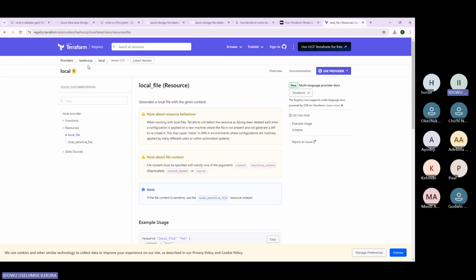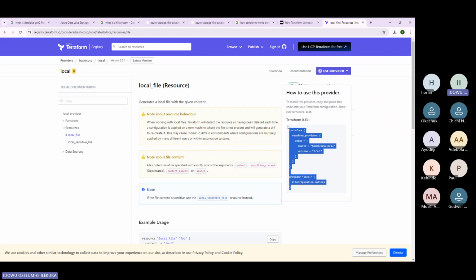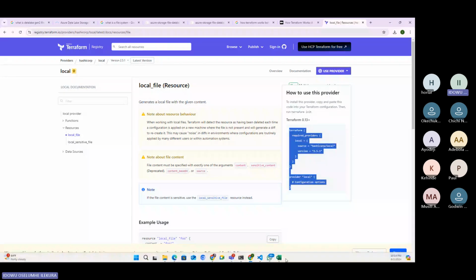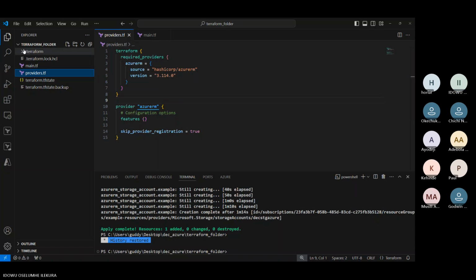We have different providers. HashiCorp local shows that this is from HashiCorp. You also have providers for Google Cloud and Azure, and for AWS too. If you want to use this provider, just come here and click on Terraform provider. Let me create a folder here and name it local file CF. Inside here, let's have something called